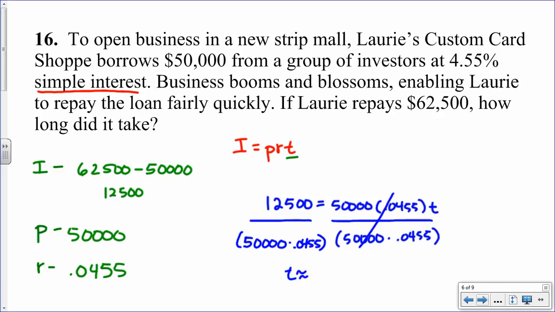All right, if you're solving for t for number of years, one decimal place is fine. And we should get 5.5. What have we got? So 5.5